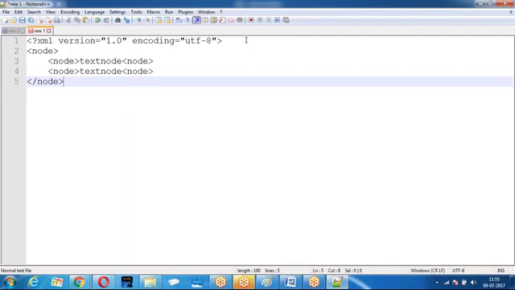Everything is a node. Now, some of the nodes become a root, some of the nodes become a child, and some of the nodes become text nodes, values. In that node, some of the nodes become a root element, some become a child element, some become values. So in the XML, everything is represented as a node.